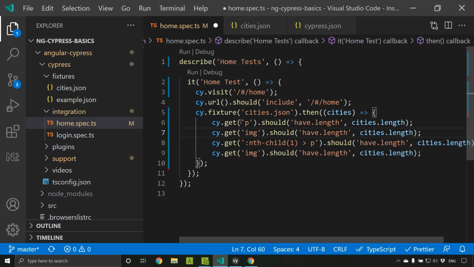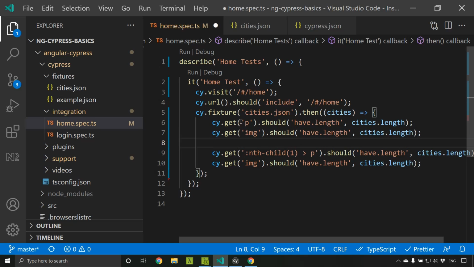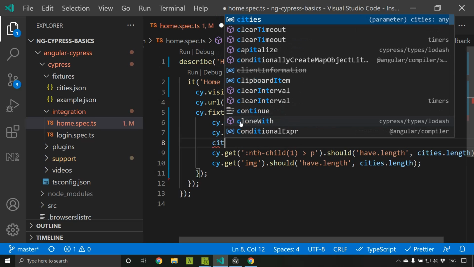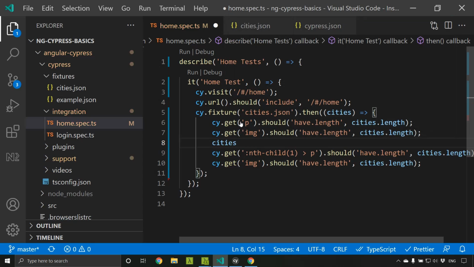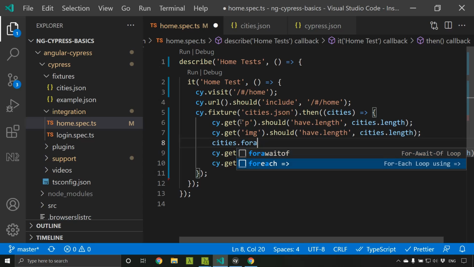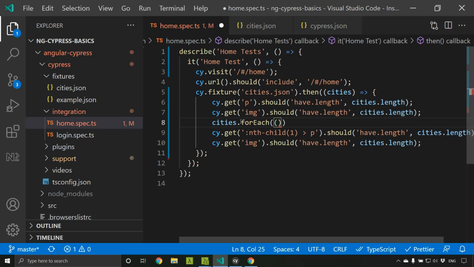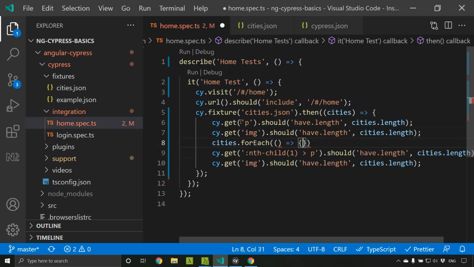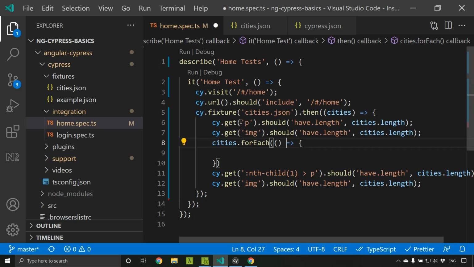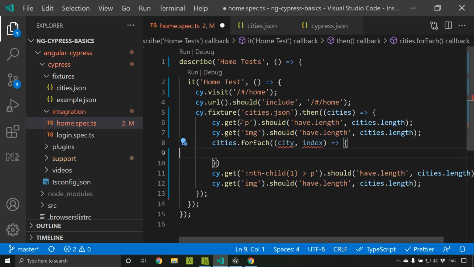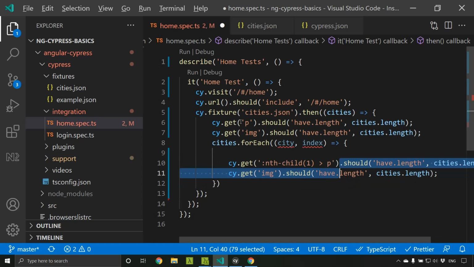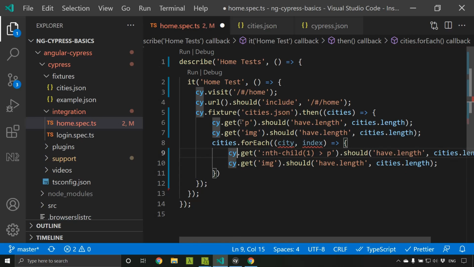So what we can do is make use of a for loop: cities dot forEach, and within that we can access the individual entry as well as the index. Using that we can iterate through these assertions.